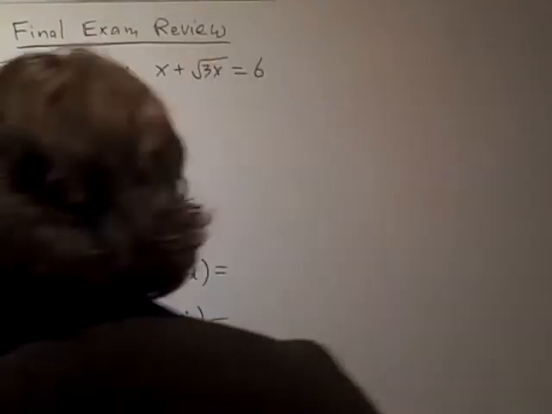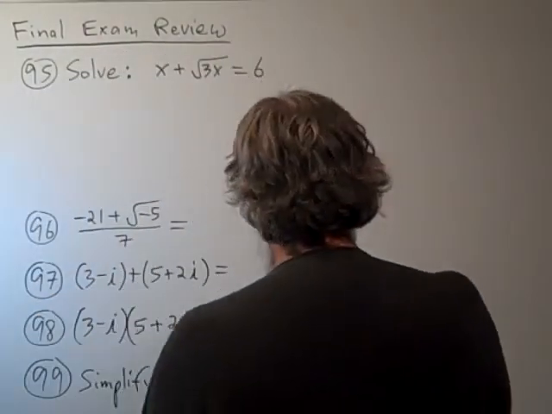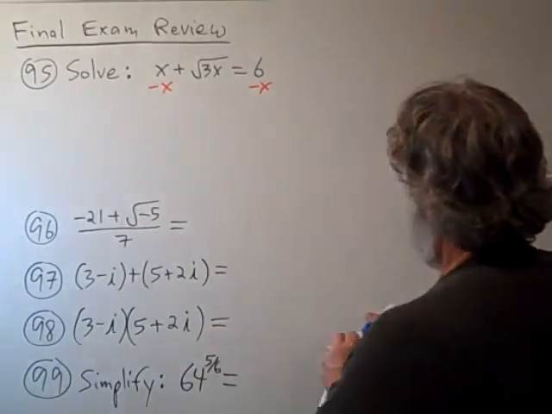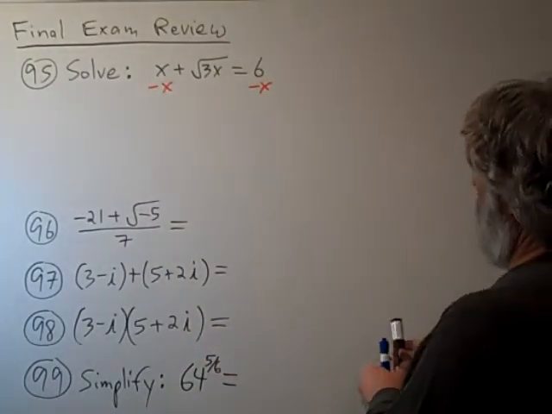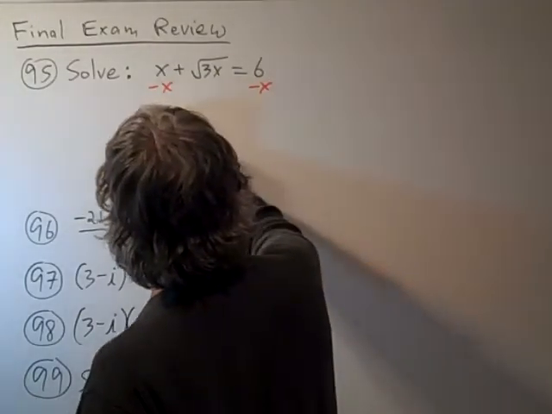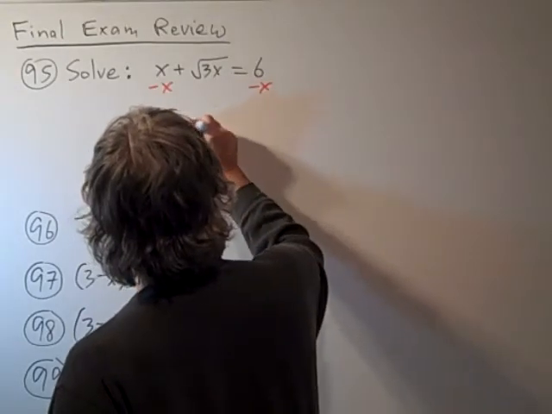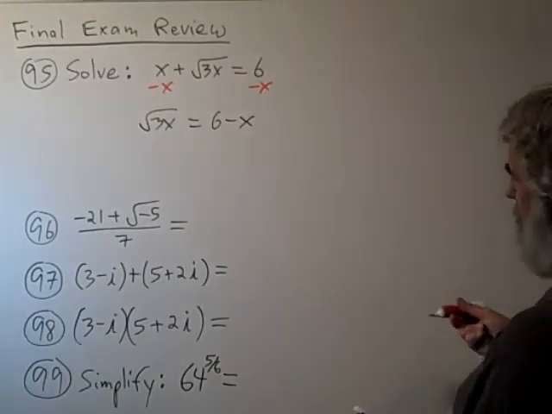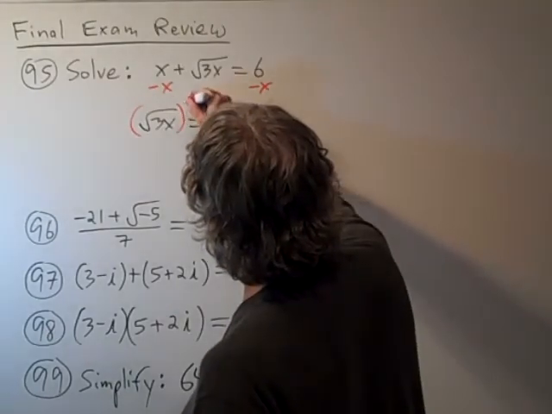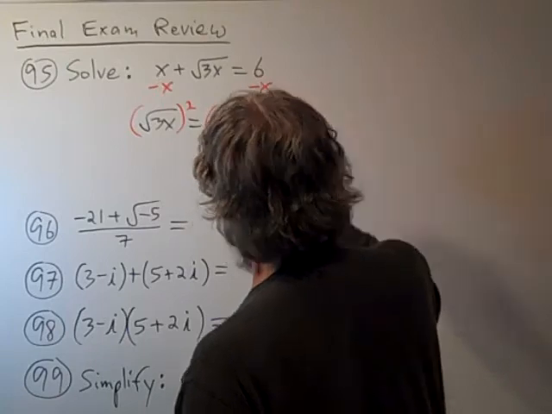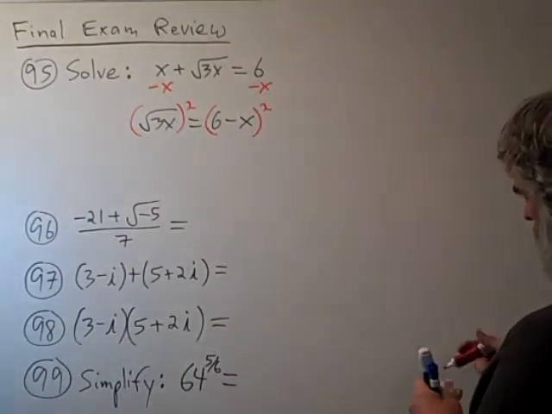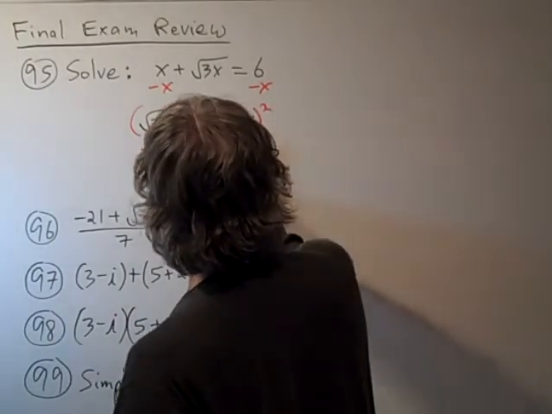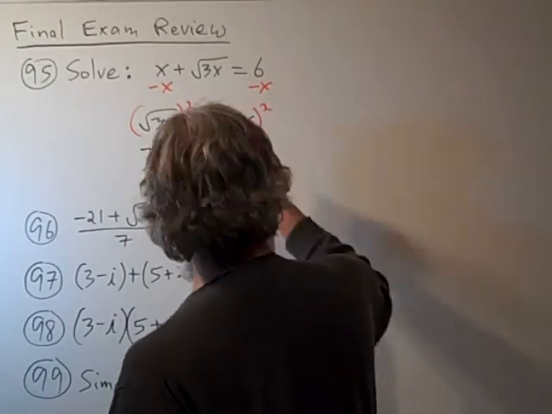Okay, we begin here by subtracting x from both sides to get the radical by itself. Then you have radical 3x equals 6 minus x. And we can square both sides. This gives us 3x is equal to 36